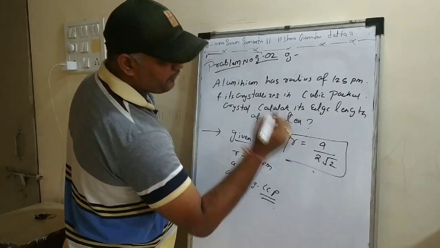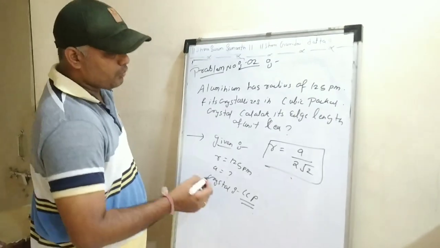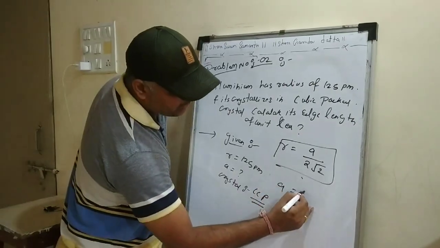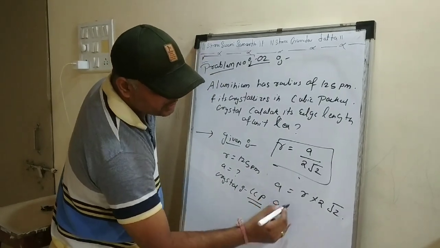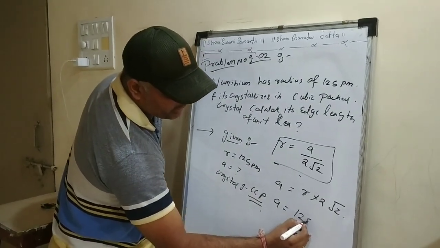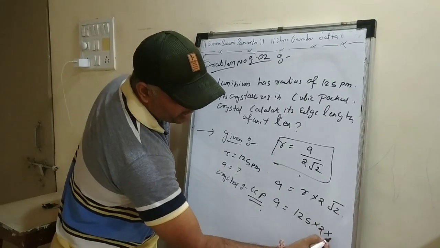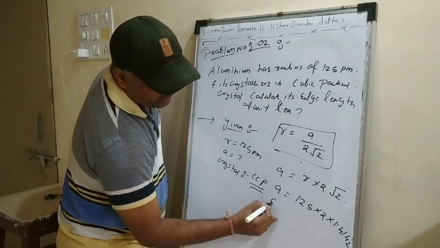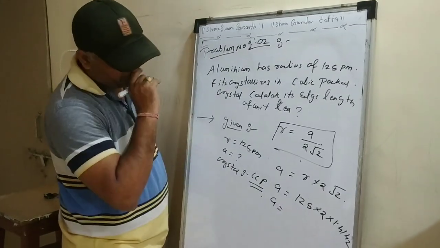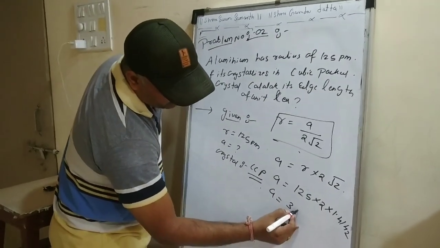This will be the value of R in this case, right? So A is equal to R into 2 root 2, right? So A is equal to 125 into 2 into under root 2, that is 1.4142. The total value will be something like 353